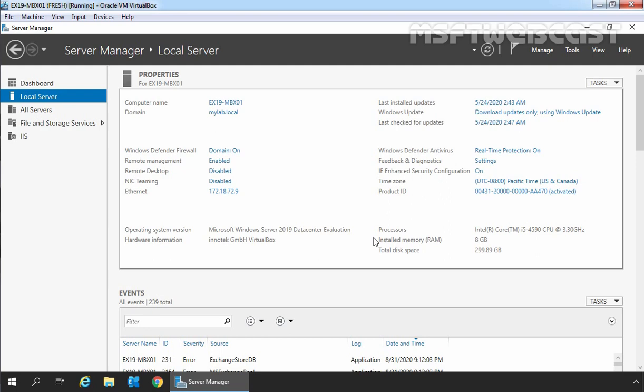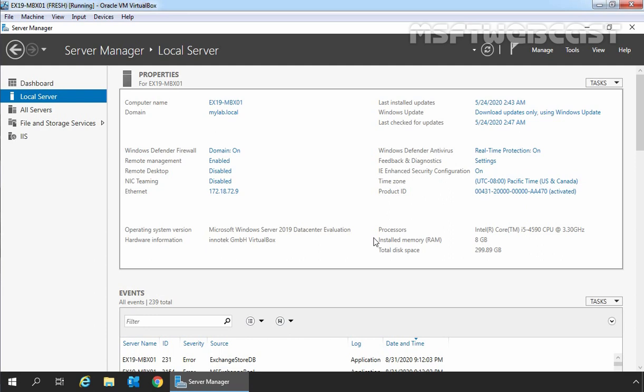We are using the TSLab for this video, and in that we have only one domain in our Active Directory forest. Now suppose you have multiple domains in your Active Directory forest, at that time first of all you need to configure accepted domain in Exchange organization. In this video, I'll not cover the steps to configure accepted domain. I'll create a separate video on how to configure accepted domain in Exchange 2019.